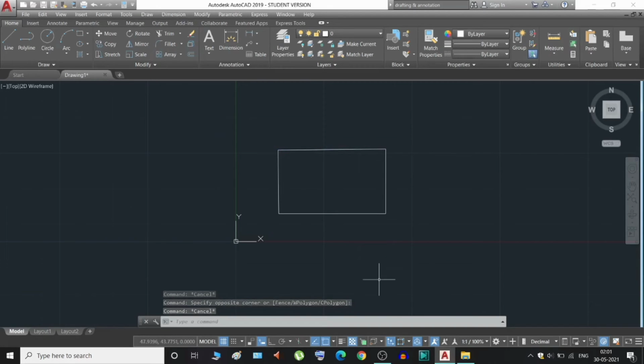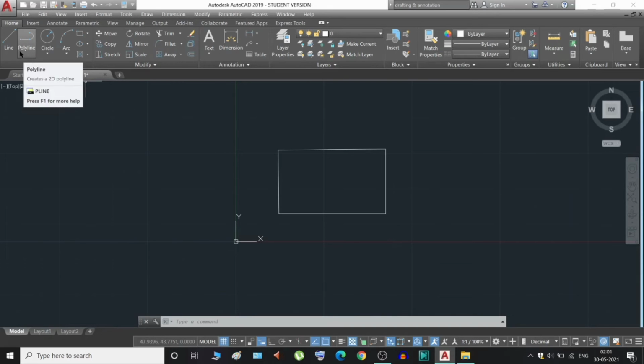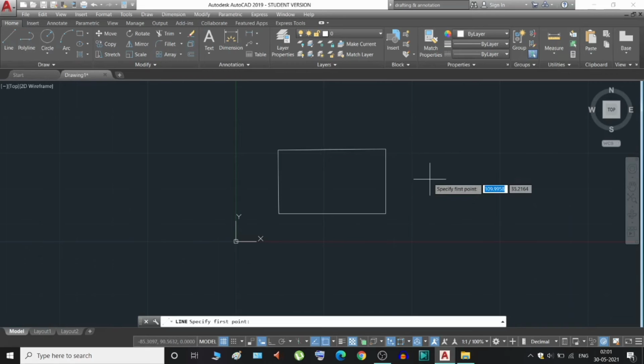So the next point is what we can do to join and explode the lines in case of a simple polyline or one made by simple lines.